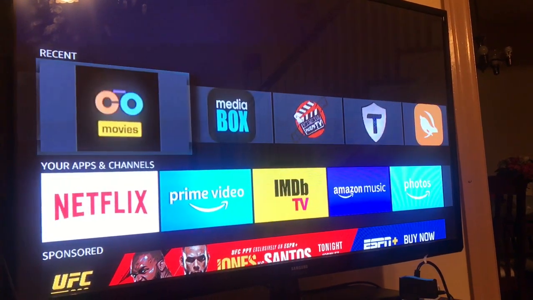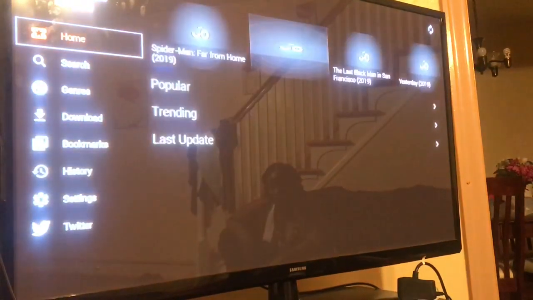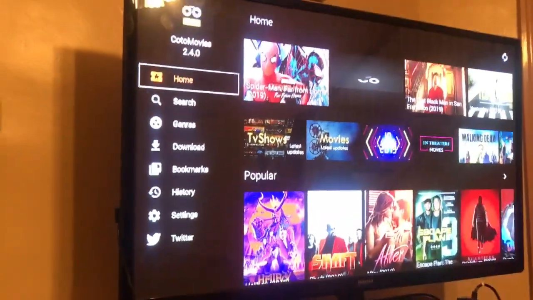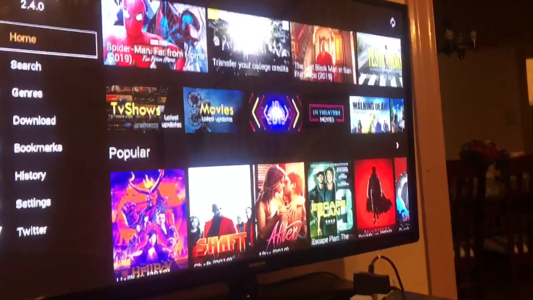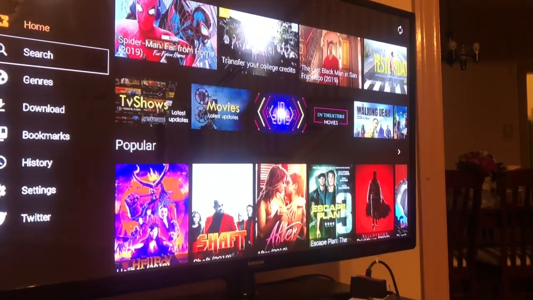So I'm going to explain how these apps work. So let's go to CO Movies. I like this app. This app is a very good stream, especially if your internet connection is not as good. This one works really good for those who have a slow internet connection or if the internet is acting up. So here,